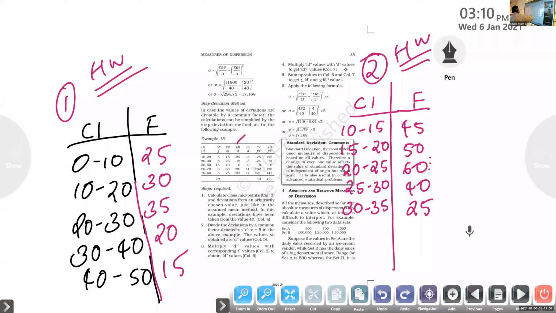Okay, Anila, the answer is correct. These steps are important, so learn them properly. Those who have not completed, just complete the task as homework and send all these 4 sums together.